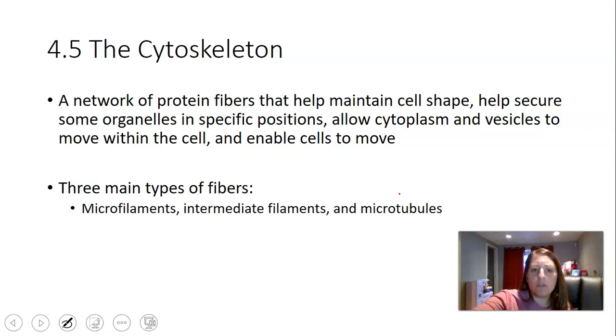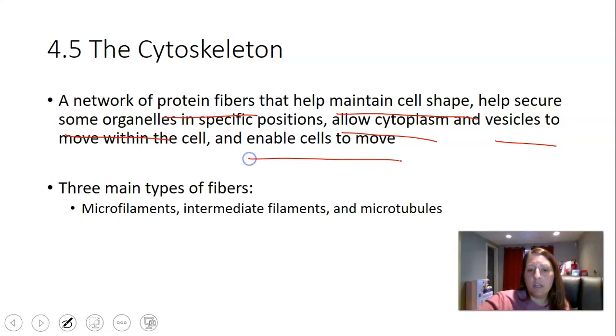So again, it's a network of protein fibers, and its job is to help maintain cell shape, help to secure organelles in place, and to allow the cytoplasm as well as vesicles to move. Some elements of the cytoskeleton are also involved in whole cell movements or gross cell movements. Okay, we'll talk about those. There's three main types of protein fibers involved here: microfilaments, intermediate filaments, and microtubules. And I'm just going to introduce you to each of those and give you some examples of where they're used